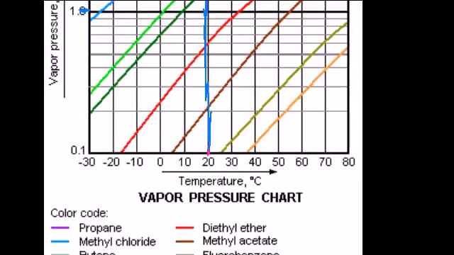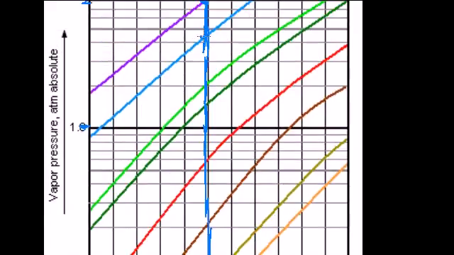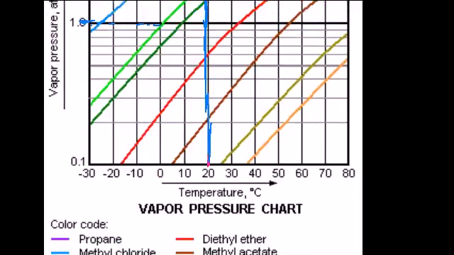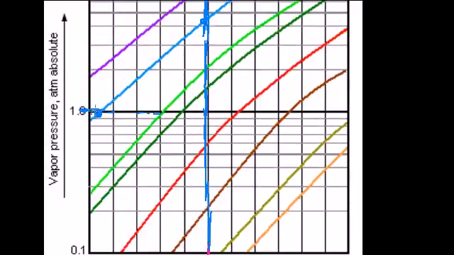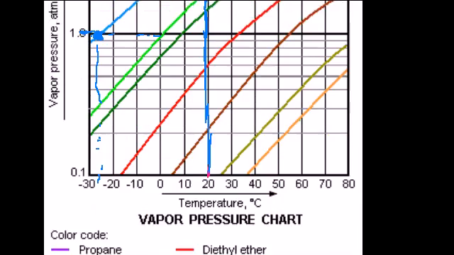And then you could do that for different molecules. Methyl chloride is the next one. Slightly lower vapor pressure, but still very volatile. It would still definitely boil and turn to the gaseous state at 20 degrees Celsius if we're at sea level, because sea level is right there. If you wanted to keep methyl chloride in the liquid state, or in equilibrium with the liquid state instead of boiling, you would have to be at least at around minus 25 degrees Celsius. Propane, even at minus 25 degrees, is still in the gaseous state because its vapor pressure is still higher.